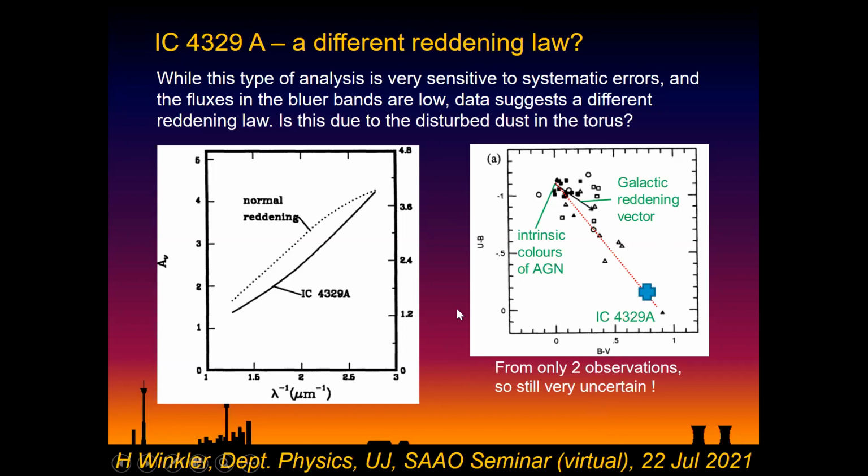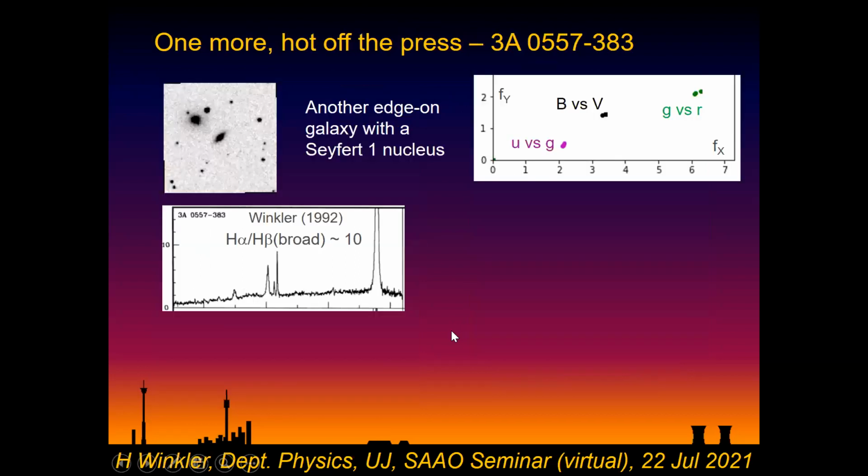So I'm hoping to determine if there is such a line over here, because that would then tell us that there's a different reddening law and probably a slightly different dust composition in the vicinity of AGN. And just to finish off now, this is another one, also a quite strongly reddened